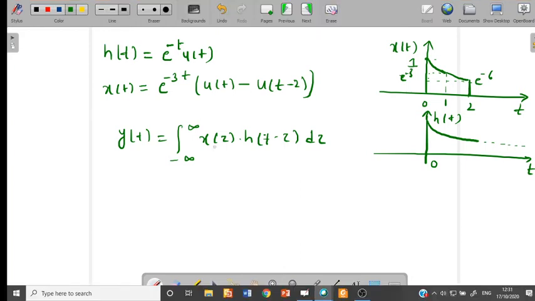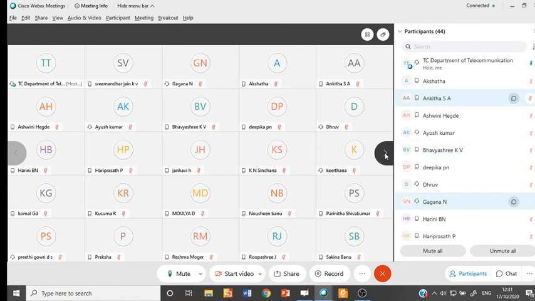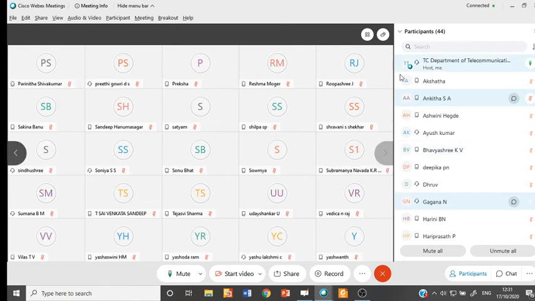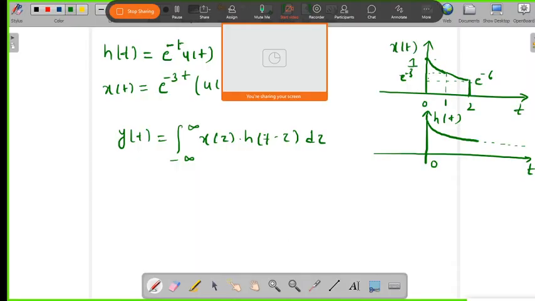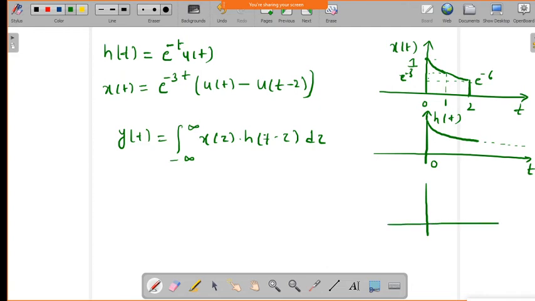So, what are the limits which you got? There are two limits: when t is less than 2 and t greater than 2. Okay, so you need to do that properly. So, plot the signals, that is, if you plot h of tau,